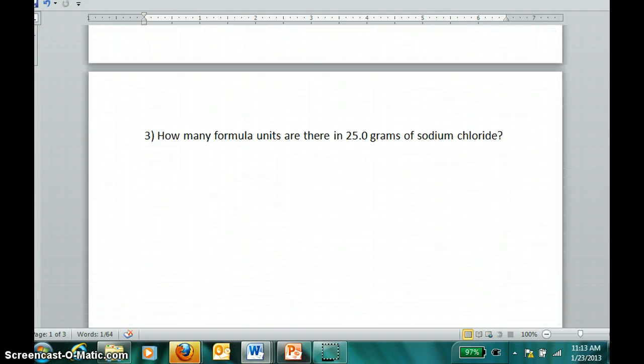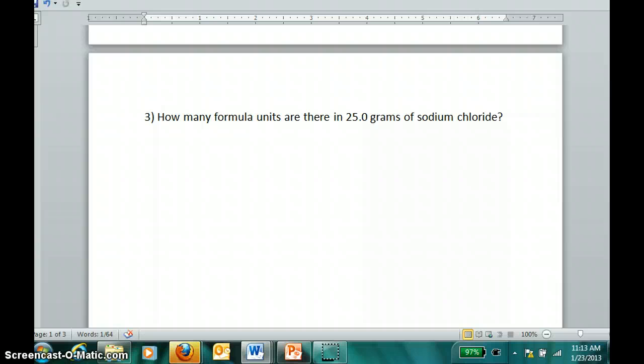how about this problem? How many formula units are there in 25 grams of sodium chloride? Well, I remind myself that sodium is a +1 cation, chloride is a -1 anion, so the formula of sodium chloride has a 1-to-1 ratio. And of course, we can't call this a molecule because it's an ionic compound, so we call it a formula unit. It's the ionic equivalent of a molecule if we were talking about a molecular